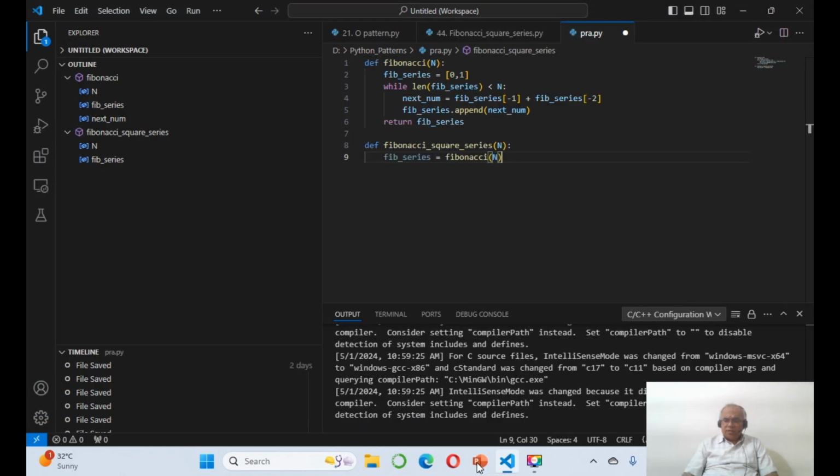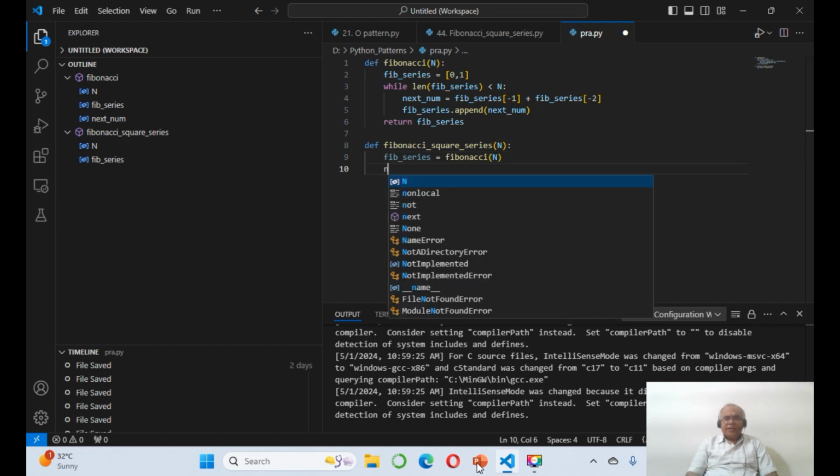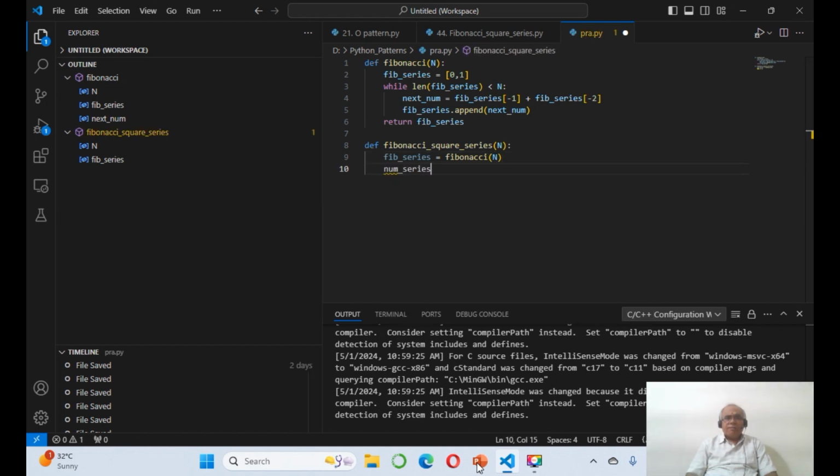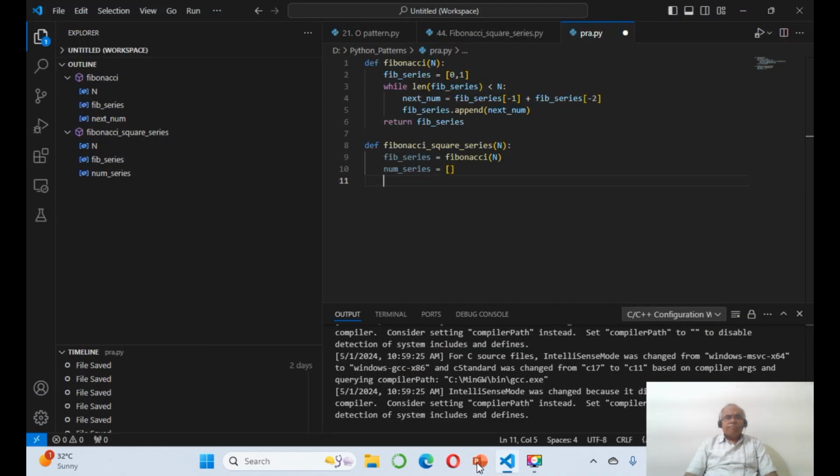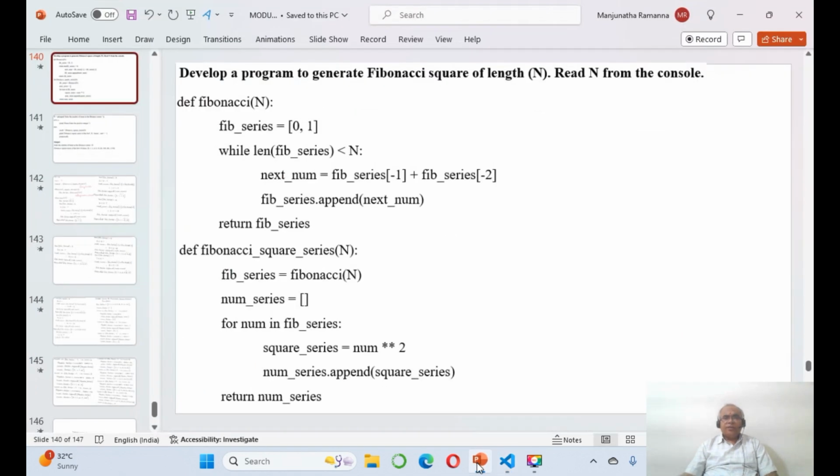Once you do that, now I will say num underscore series. What is the num series? I will create an empty list. Once you do that, then for num in num underscore series, for num in fib series,